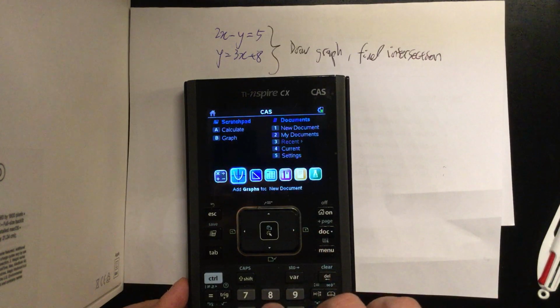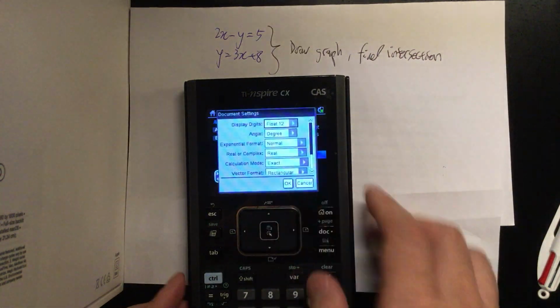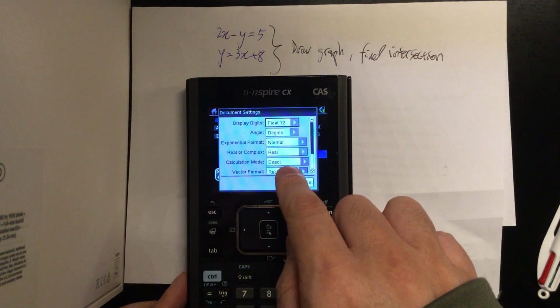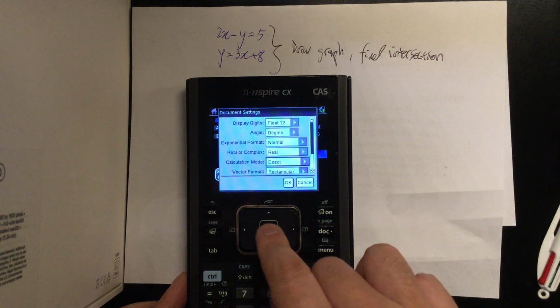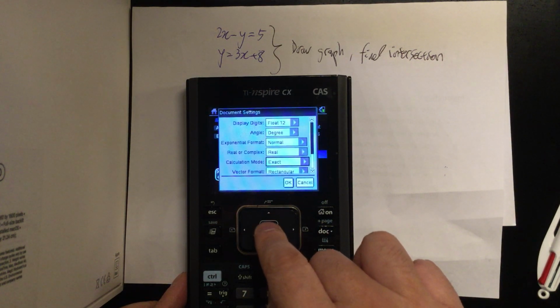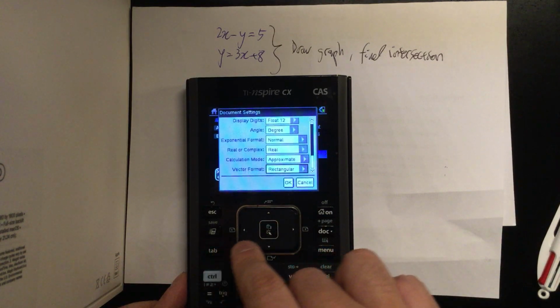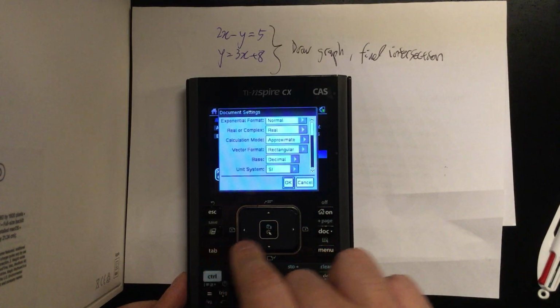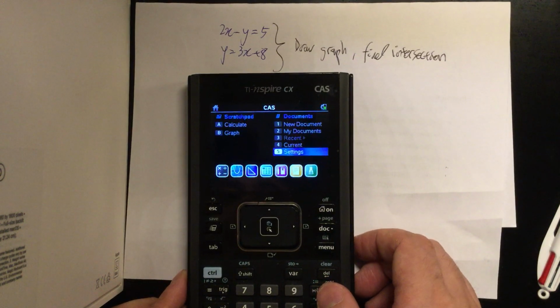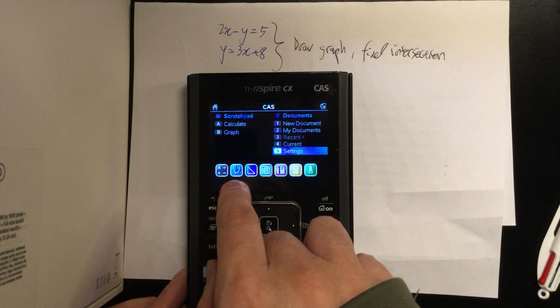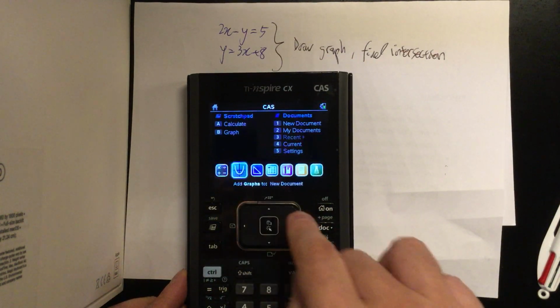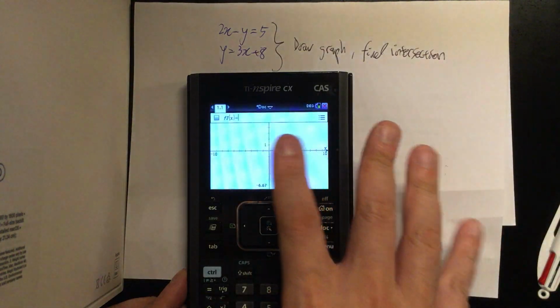First method is, first of all, make sure when you are drawing a graph, your mode needs to be set to approximate, okay? It can create all kinds of issues if you're drawing in the exact format. So where do we need to go? We need to go to this. In here, you're drawing